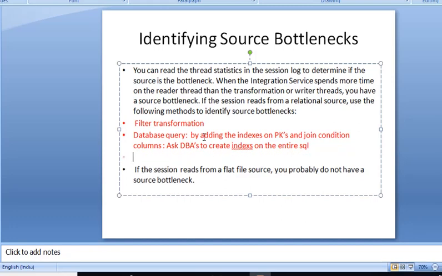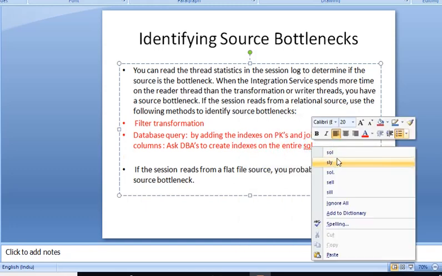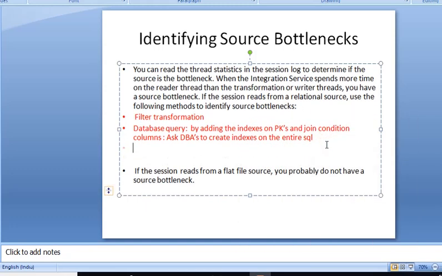Another option could be, one second guys. Okay, so the another option is run the query